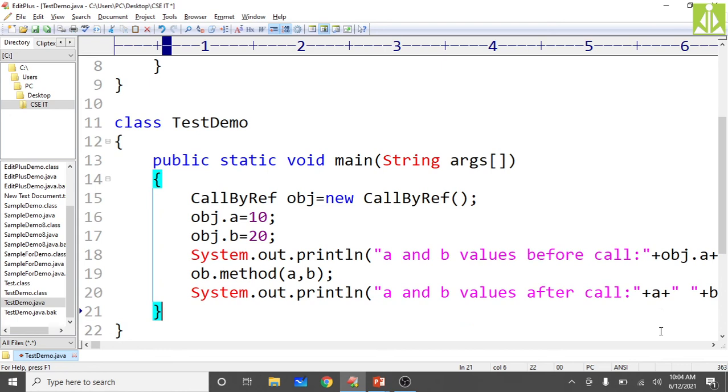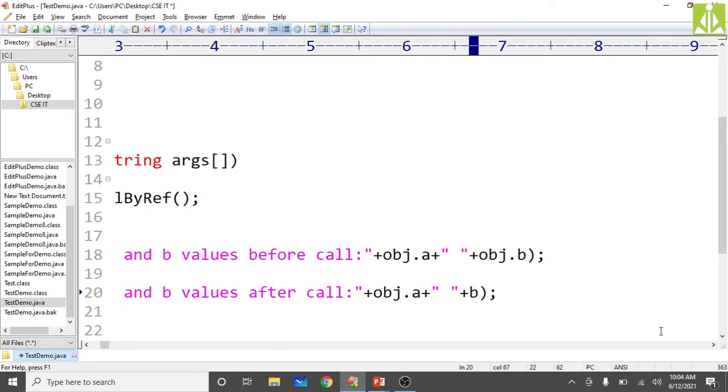Next, I'm passing the object over here, not the actual parameters, rather I'm passing the obj object itself, obj dot method. After passing the object, I think we need to initialize these A and B with the help of a constructor, but we will do it like this. If it gives the output, it's okay. If it is not giving the output, we will modify. We always have to try some new things, isn't it?